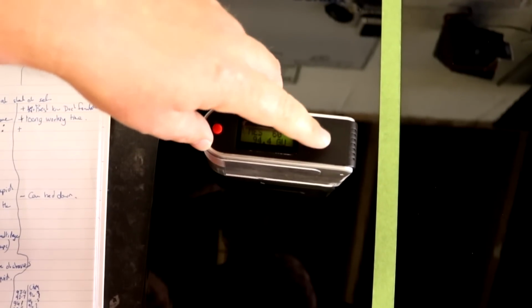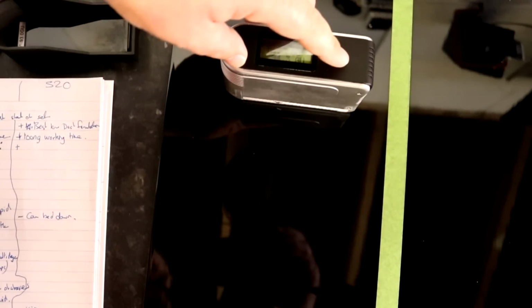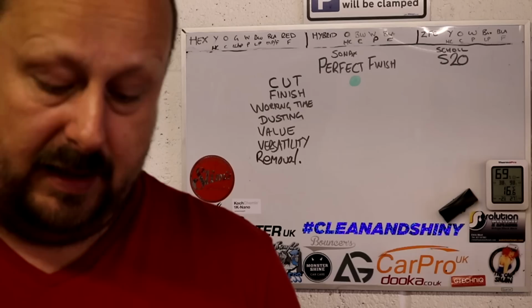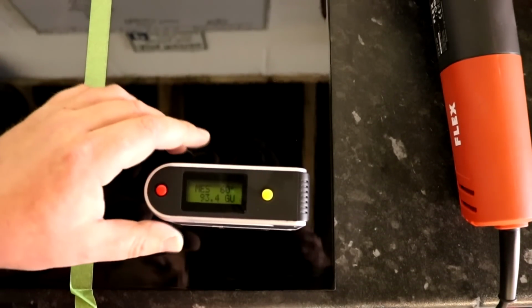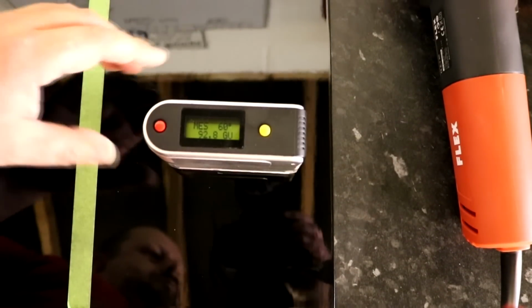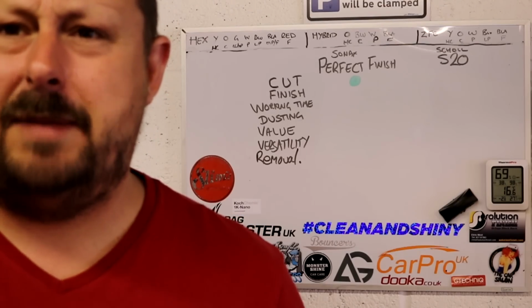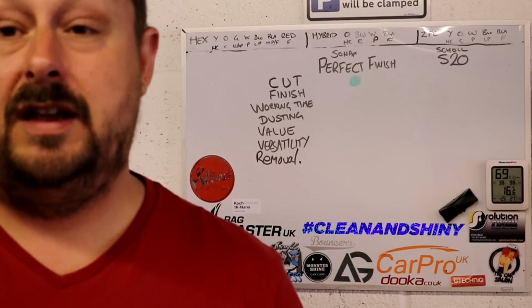Perfect Finish delivered 94.4, 94.3, 94.9, 95.2, 95.1. Scholl S20 Black delivered 93.4, 92.8, 93.0, 93.3, 93.5. So again, that's similar, roughly up to 1.5 to 2 gloss units different in finish, and